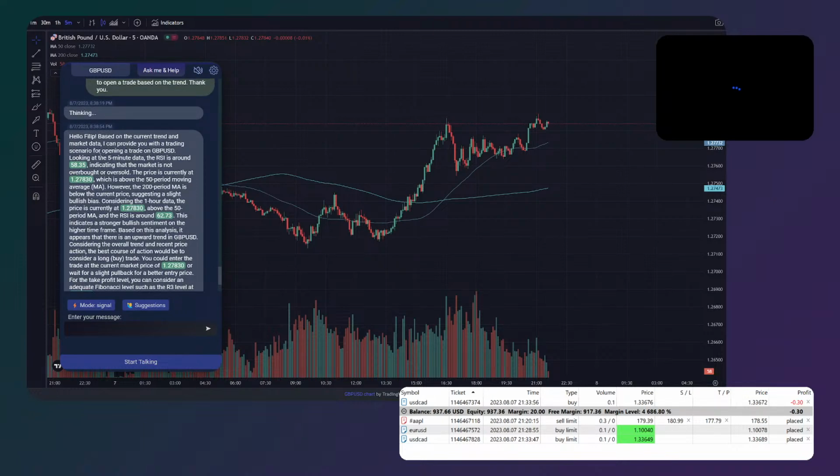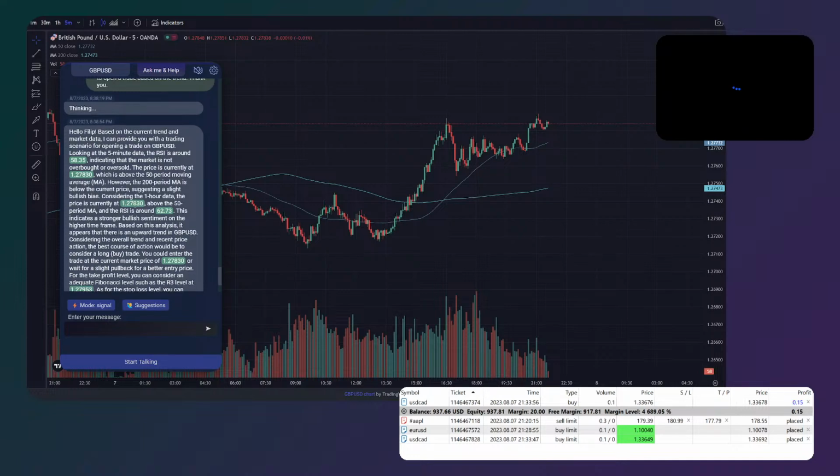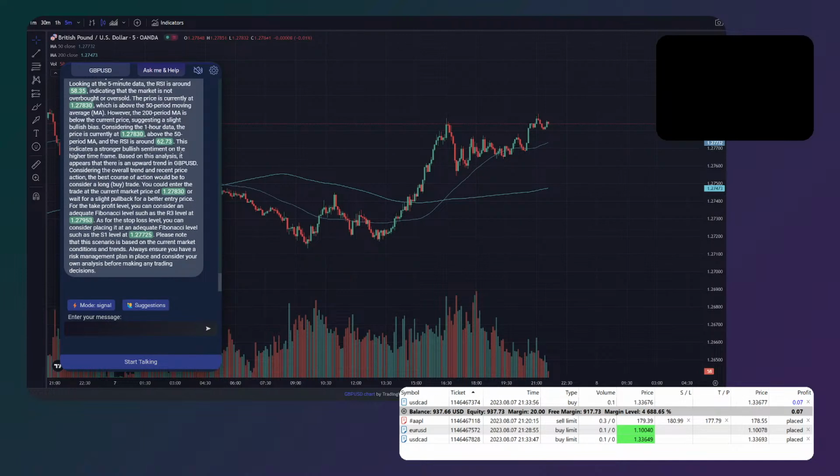So what do we have here? A trading scenario for opening a trade, looking at the 5-minute RSI, indicating the market is not oversold. Neutral. The price is currently, however, considering 1 hour, indicates stronger bullish sentiment on the higher time frame. Based on this, it appears there is an upward trend. You could enter the trade at the current market price 830, or wait for a slight pullback for a better entry